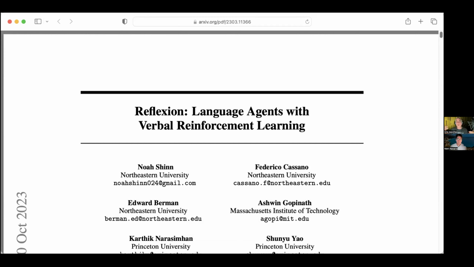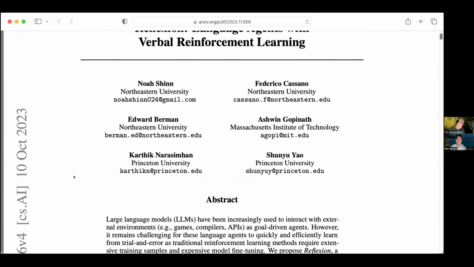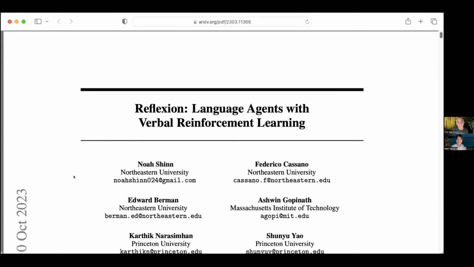So what I'm sharing for the folks that are watching this on YouTube is a paper that came out, let's see, in October 2023, and it's called Reflexion with an X, language agents with verbal reinforcement learning. And basically what this was when GPT-4 came out, we might have even talked about it. Like one of the sort of hidden features, it sort of leveled up to this ability to reflect upon itself.